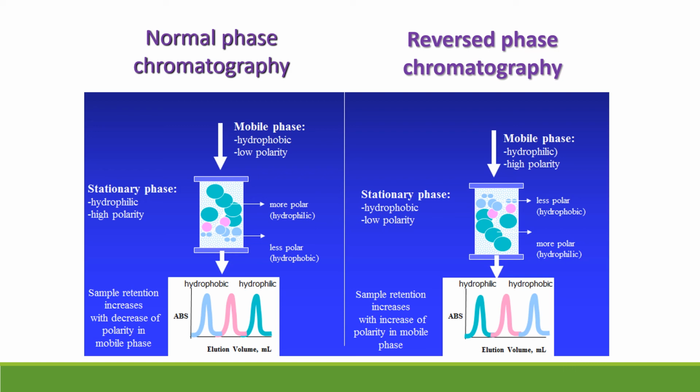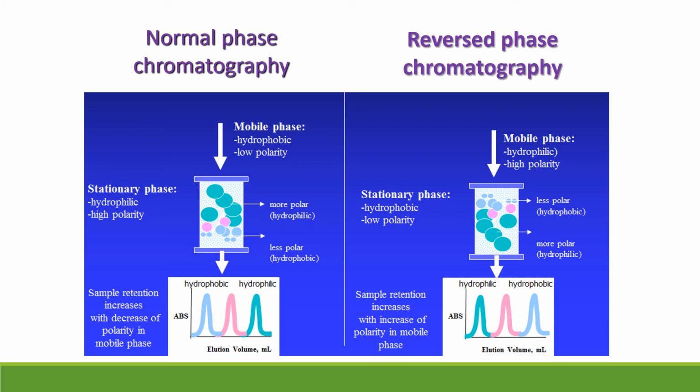In reverse phase HPLC, it's the opposite. The mobile phase is now polar or hydrophilic, right? And the stationary phase is nonpolar or hydrophobic, right? The stationary phase is still silica beads, but has been modified and made nonpolar by adding carbon chains to the silica, right? The sample is added to the mobile polar phase now, and as that sample passes through that nonpolar